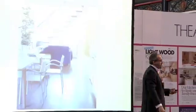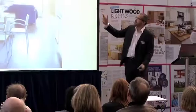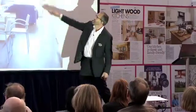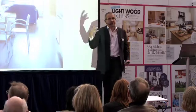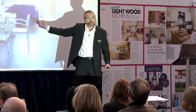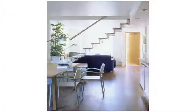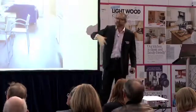Inside the house, we took the walls out between the front room and the middle, and we put in this staircase, which previously had gone up that way. We put in this staircase running that way, designed to be as visually lightweight as possible, to maximise the opportunity of light to come through from the front to the back. It's all about drawing the daylight deep into the north end of the house,